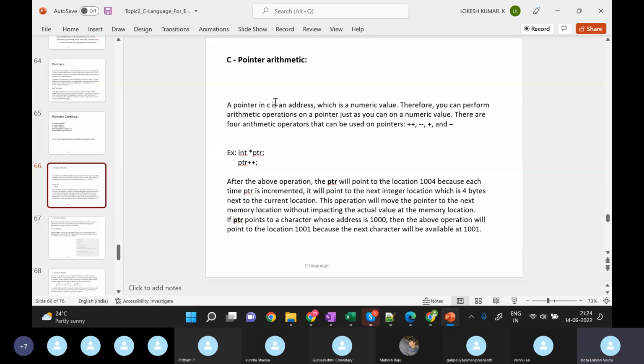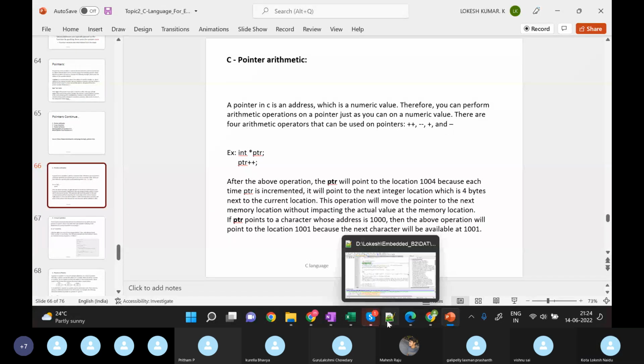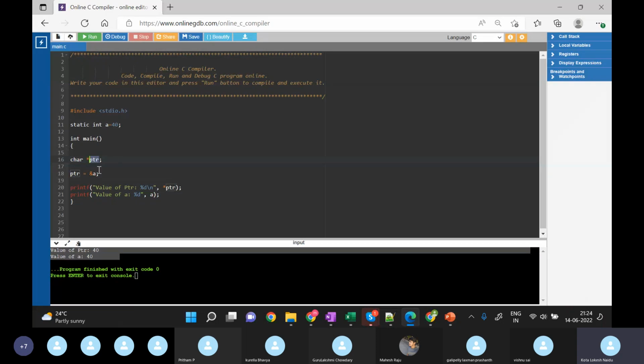So basically the pointer is going to store an address. On that particular address we can do four kinds of arithmetic operations: plus plus, minus minus, plus and minus. Got it? So if I am doing pointer plus plus,